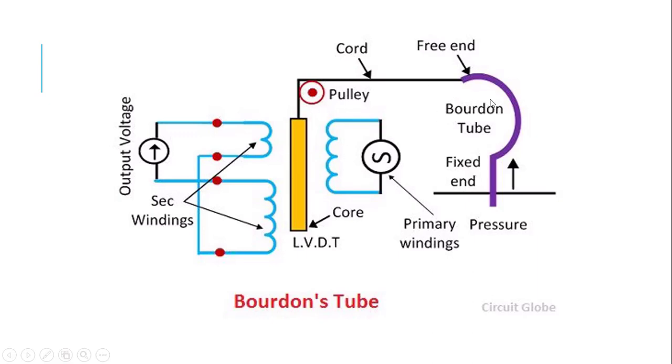So the first thing, this is the primary part. Correct? This is the primary part which is converting pressure into a kind of movement with the use of a pulley. This is the first. Then this movement is converted through an LVDT into an electrical signal, output voltage over here. So this is the secondary. Correct? So this is called both primary and secondary. When the physical quantities cannot be converted directly into an electrical signal, then we use two-stage transducers. The first stage is called the primary stage, and in the second stage, this is converted into an electrical signal, which becomes your secondary stage. Correct? So this is the simplest example for the primary and secondary transducers.